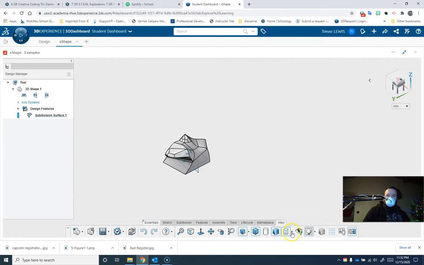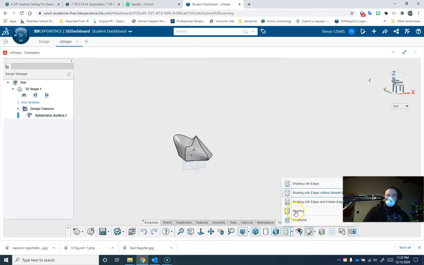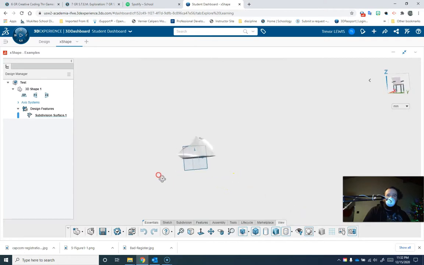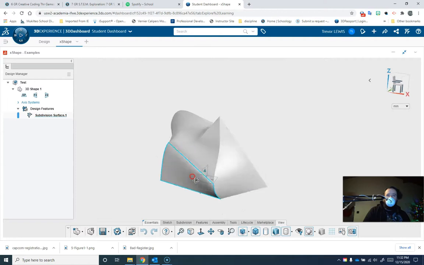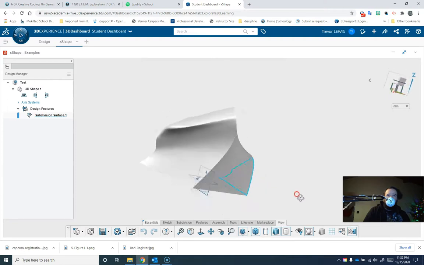Right now it's set to shading with edges, which is the default. I like to go to just shading without smooth edges. You still get the edges in between the surfaces that way, so you get a little bit more of the sharp edges, but you get a sense of what's going on there. You can also switch it to just shading, but I find that to be a little bit too vague for my taste. But you can get a sense of what this object's going to look like when it's all